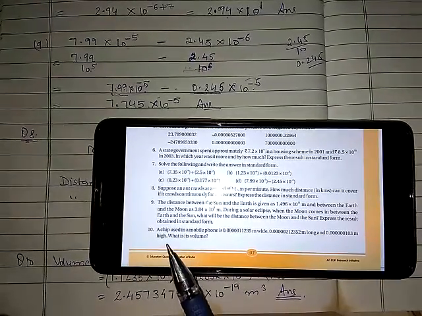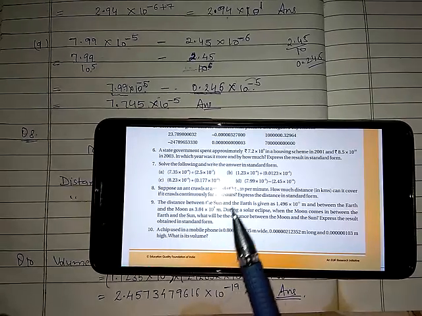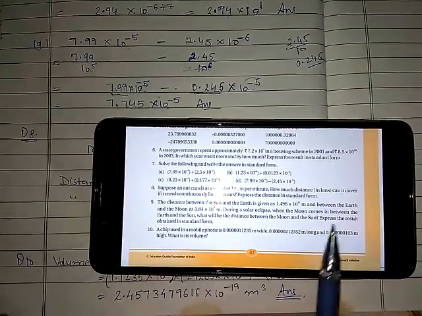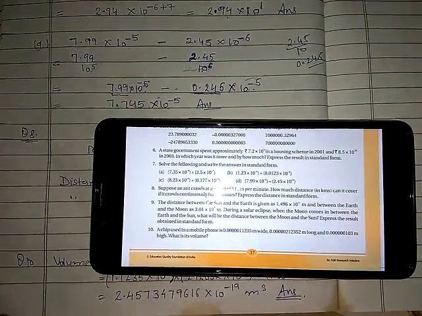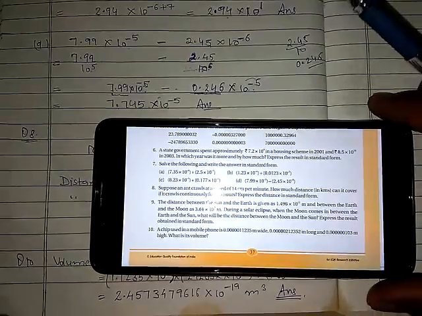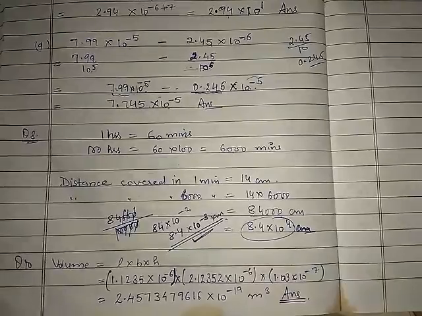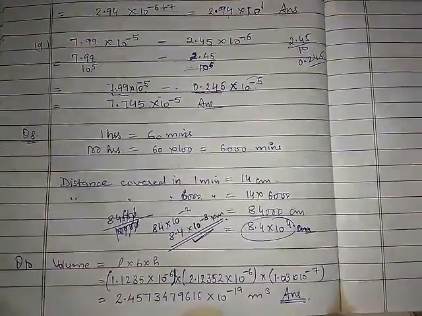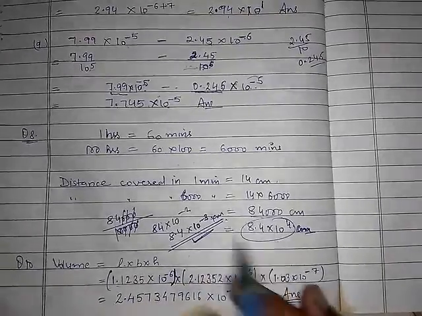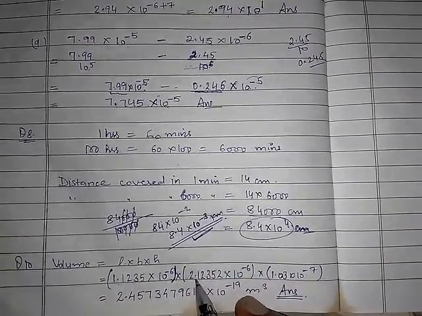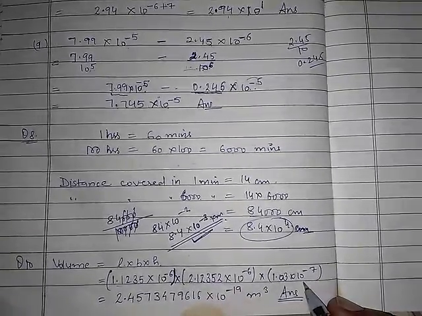When you find its volume, we know that volume is equal to L into B into H. When you multiply these three numbers, you will get a very big decimal expression. So we need to make the calculation easy and short. That can be done with the help of the standard form only. So see how I have written. I have converted the length into standard form, in short. Breadth I have converted into standard form. I have converted the height also into standard form.